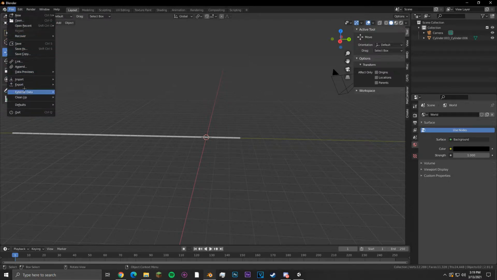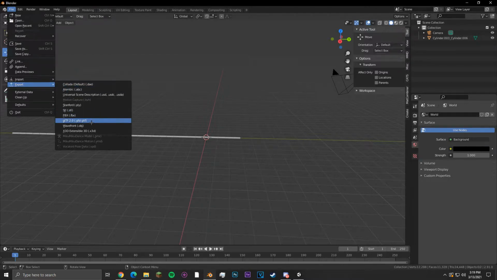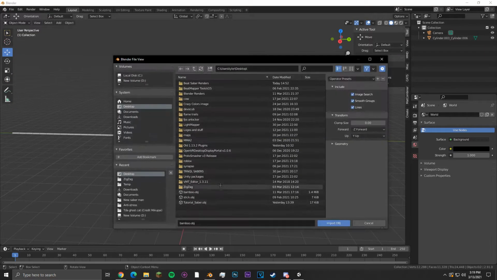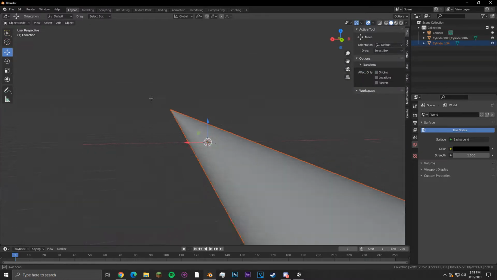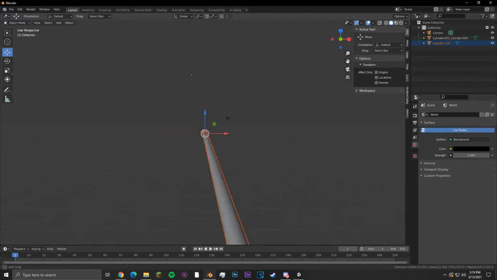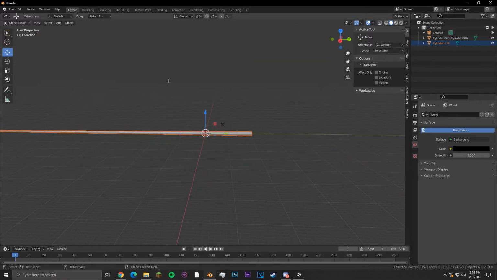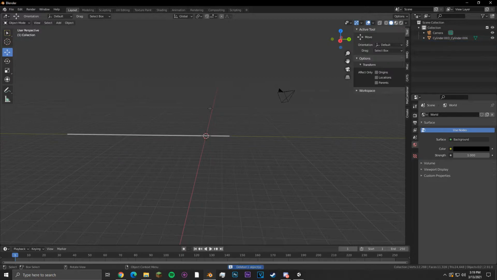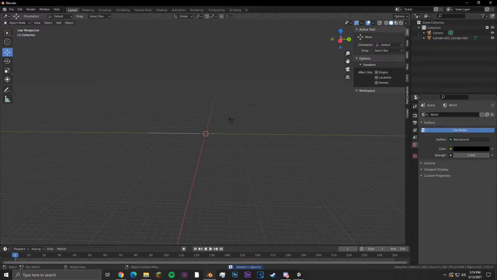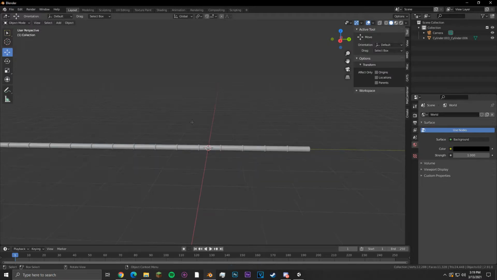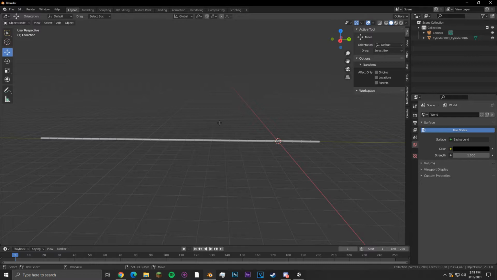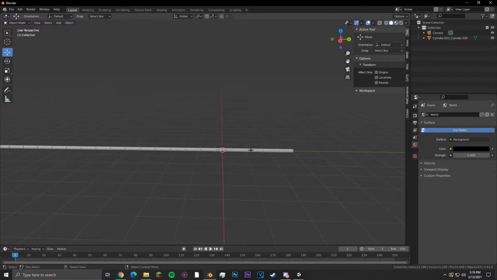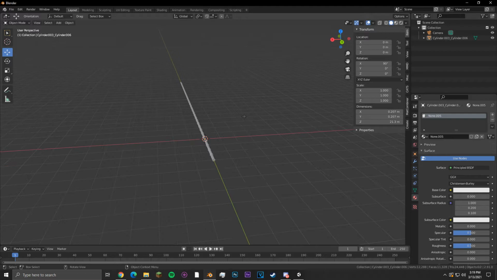And the reason you may need the tutorial saber is for scaling. So let me just go ahead and import that as well, the stick. So see, the stick, when I made this, it was quite big, so you may want to scale it down. And in the tutorial saber, there's a short one and a long one. Use the long one because it's just more accurate. So my bamboo's all shrunk down. So now that we have it in here,